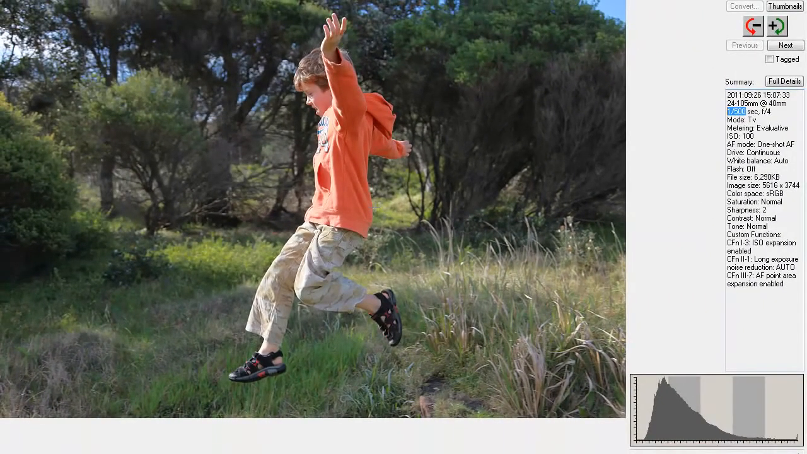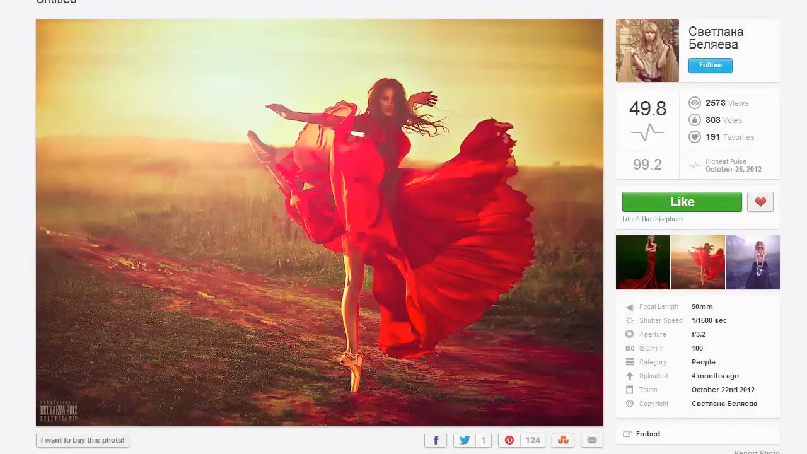So let's have a look at a couple of websites and a few other images from other photographers where I can explain shutter speed too. Here's a great image of a model dancing. Obviously there's a lot of movement happening here, and you'll notice